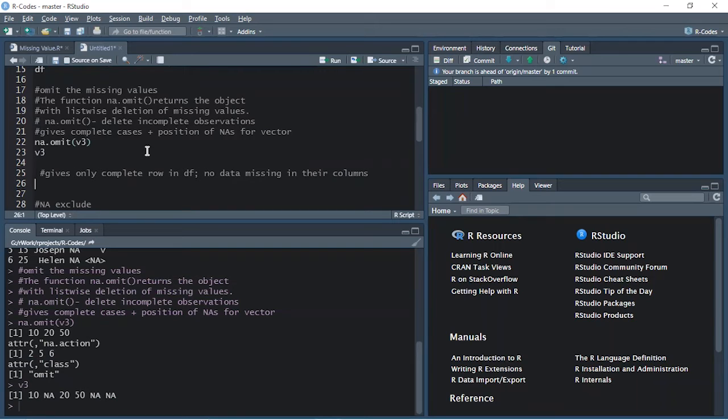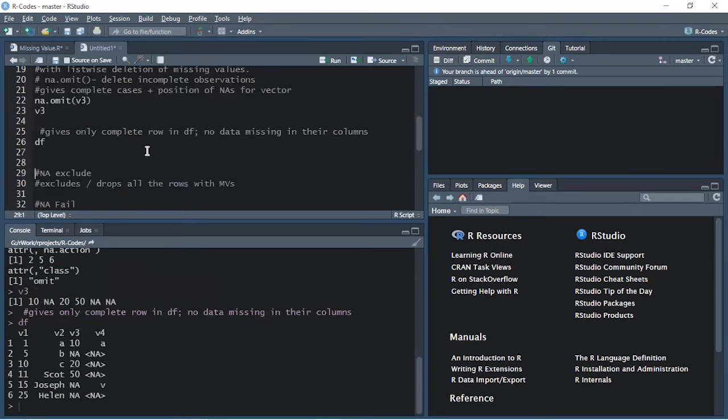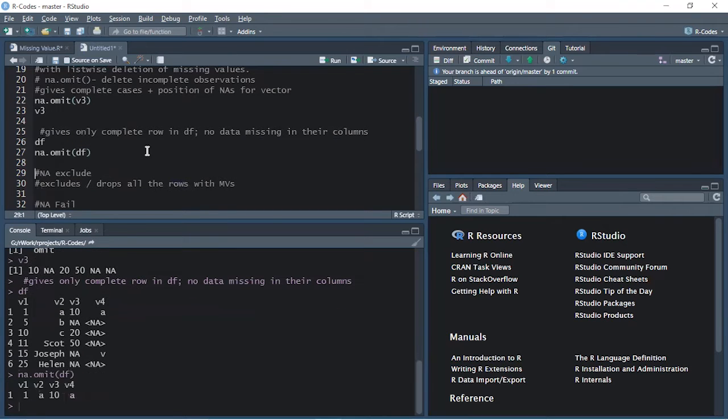Now let's understand it on a data frame. So we have created the data frame as df. If I print that, this is the data frame that we are using. Now I will say na.omit df and I'll run it. What it gives me is, from all the values, the complete row.